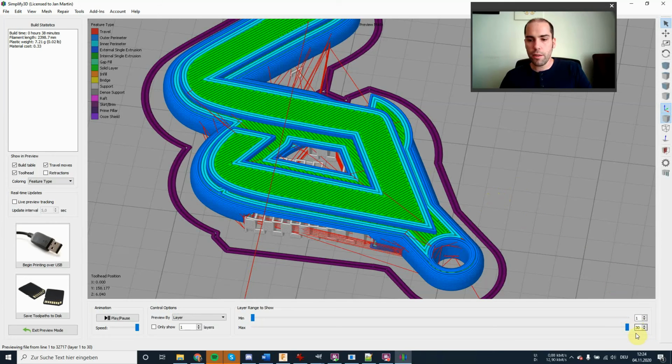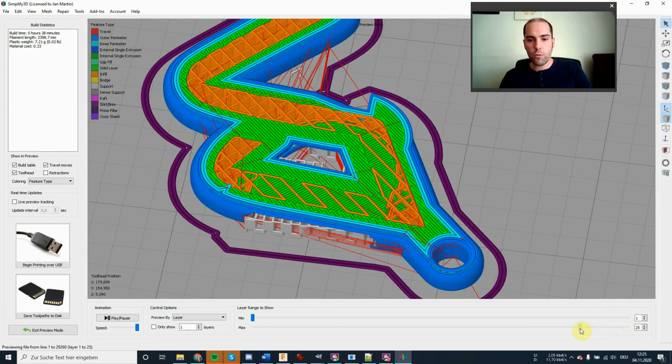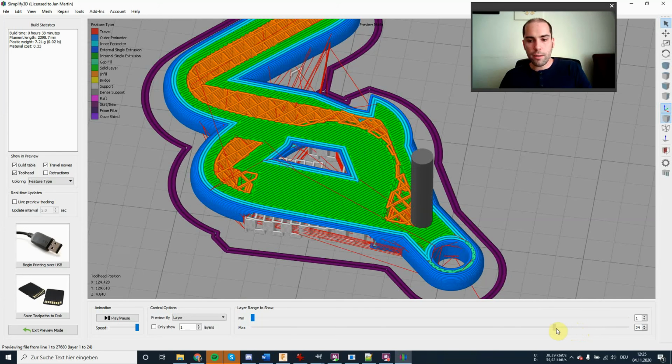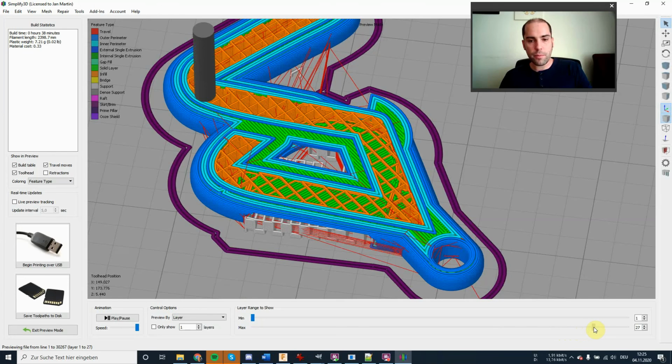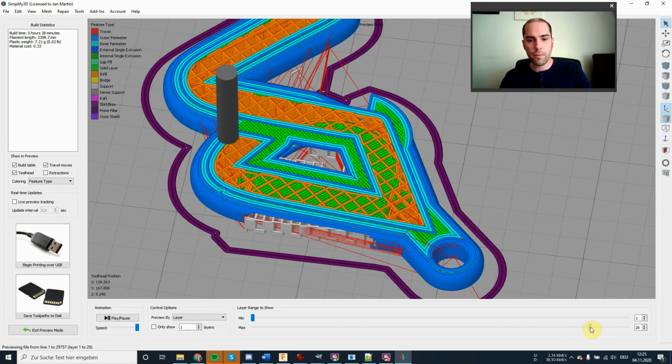Now you can see here the number of layers. If we print the complete object, it's going to be 30 layers. And we need to figure out where is the last layer of just white and where does the green part begin. And it turns out that 25 is the last white layer, and then the green begins. 26 is already green.